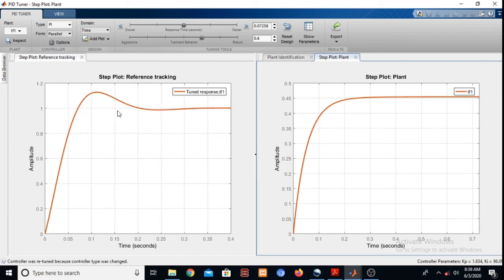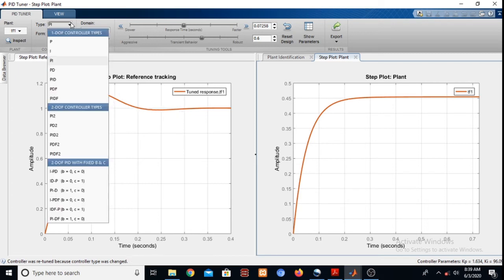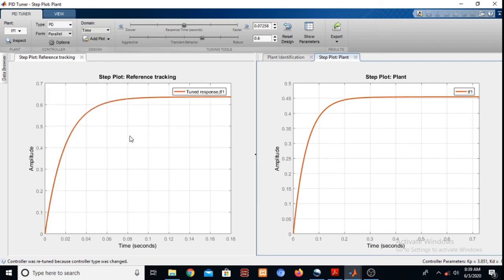So this is a response with the PI controller. Okay, and we find that there is slight overshoot, although the rise time is a little lesser, and the response time is around 0.3 seconds or so, and we get slight overshoot, right? Now we can also choose a PID compensator for this, and we'll find that the overshoot is reduced.